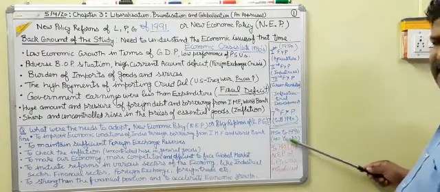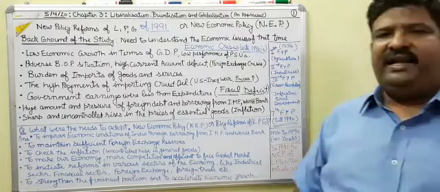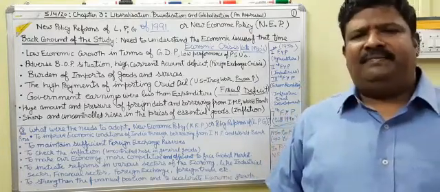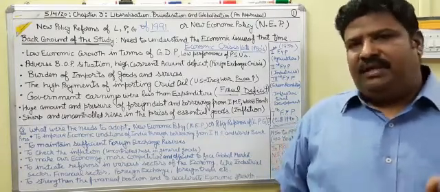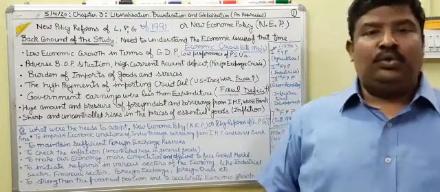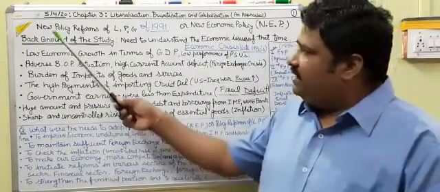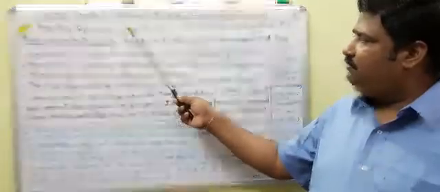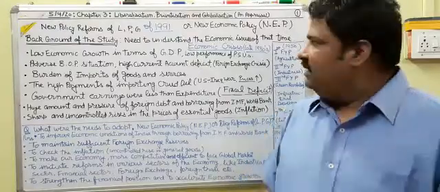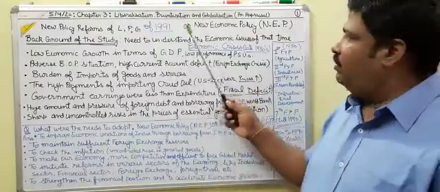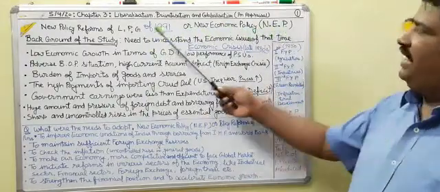Now, in these 40 years, from 1950 to 1990, we achieved substantial and considerable growth in the economy, but there were some other standards and measures we could not achieve. At this juncture, it was a need to rethink and to change. Why? Today we will discuss the new policy reforms of liberalization, privatization and globalization. These decisions were taken in 1991, and this is commonly known as the New Economic Policy, NEP of 1991.